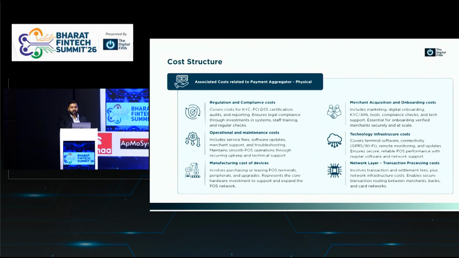And of course, the merchant onboarding cost. We talked about the feet-on-street players as well, who take care of bringing merchants onto the platform and onboarding them to the overall ecosystem. Technology infrastructure cost is another one, and network cost, because networks bind this ecosystem and its participants together. Any transaction between merchant, acquirer, or issuer flows through the network, and the network charges on both sides, the issuer side as well as the acquirer side.